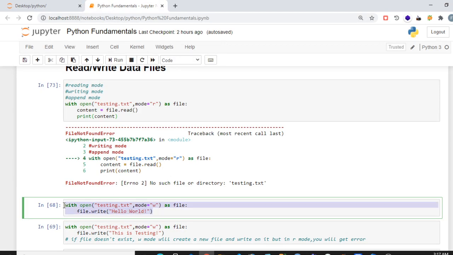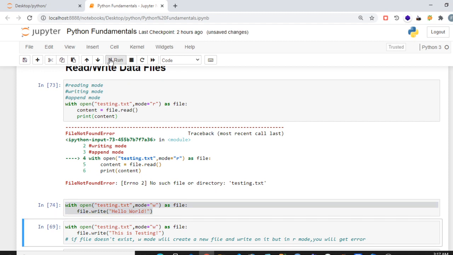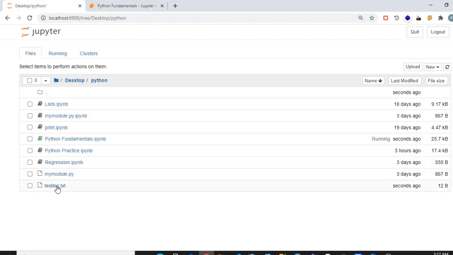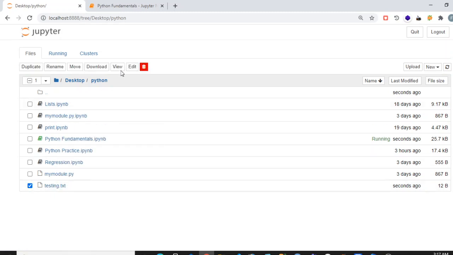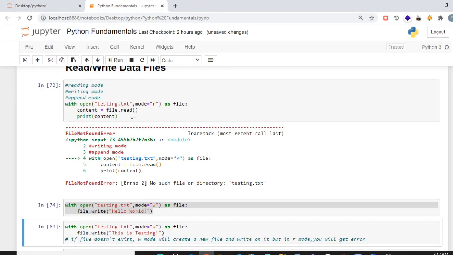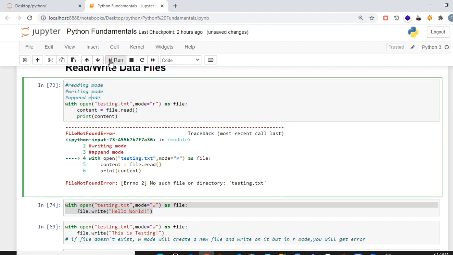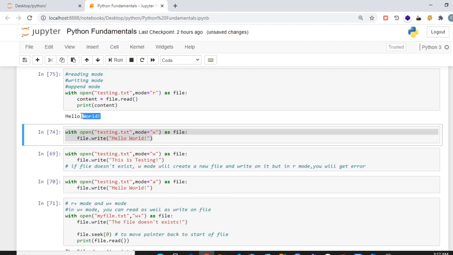And if I run this code, you can see a file is created with the name testing.txt. If I open this, you can see it contains hello world. Now if I read this file, you can see hello world is printed. So W mode will create the file if it doesn't exist.